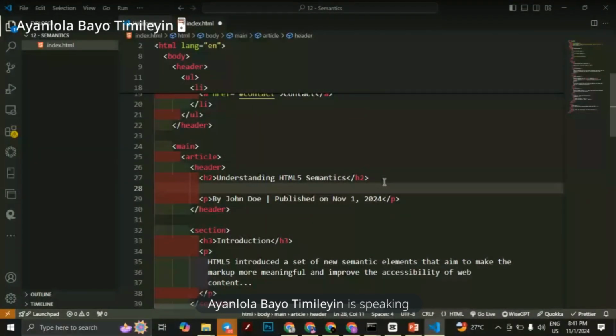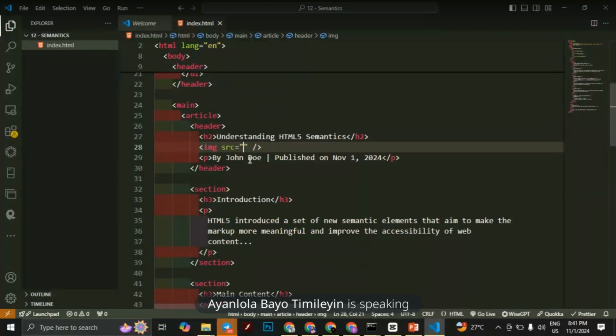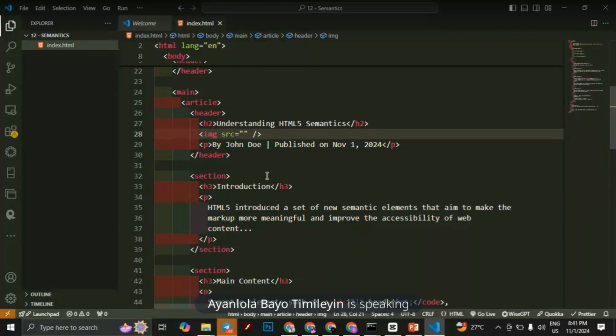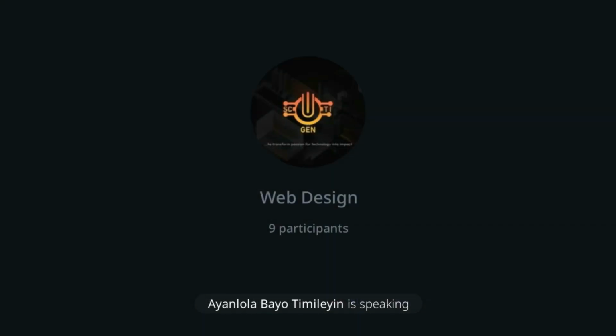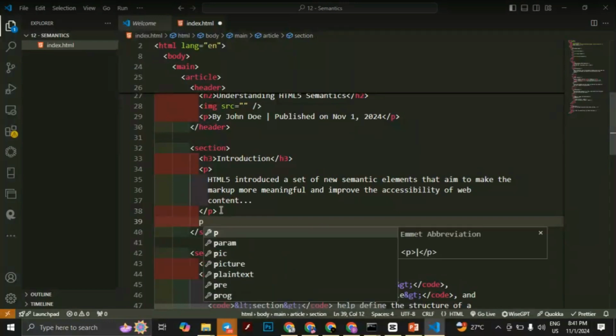I'll say img without the alt. I'll remove the alt. Okay, I will save this. I will leave the src the way it is right now without value, and then I will create inside this first section another paragraph and say this is a